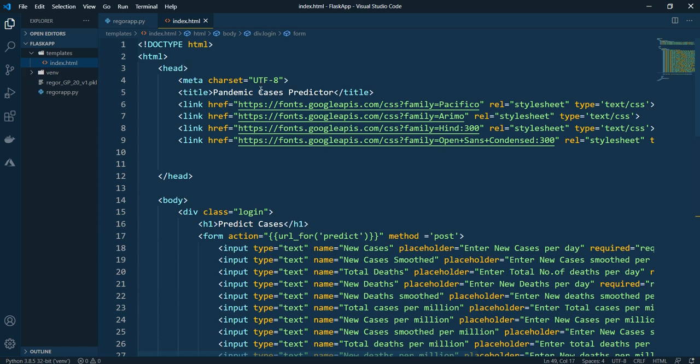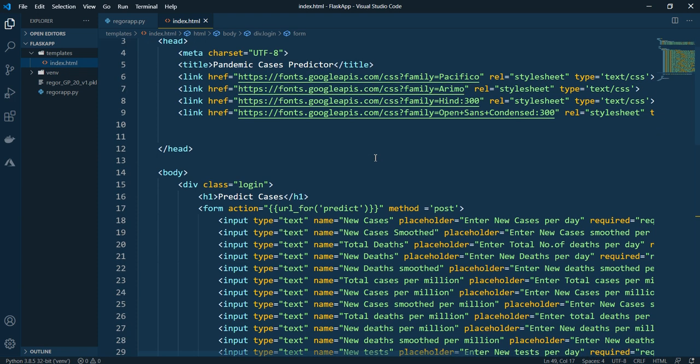So I have this boilerplate code, and these are some title and some descriptive things. These are the links for doing the CSS and all those. This is the basic HTML file, and if you want a CSS style sheet, or if you want to make it more dynamic, you can add Bootstrap. Then you can put some animation content and so on. Those are the decorations that you add, but this is the basic skeleton.